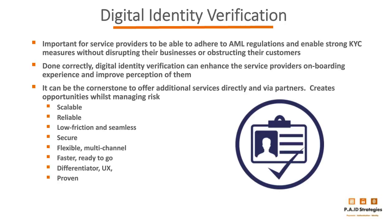ID verification creates opportunities and helps service providers manage the risk to which they're exposed. It's very scalable, it's reliable, it's very low friction and seamless, as we discovered during the assessments. It offers more security and can be flexible with different variations or implementations that can be conducted either in-app using a mobile device, online using a webcam, or through uploading documents as well. Those are certainly three of the techniques that we saw, and